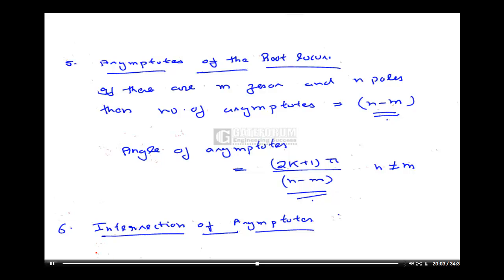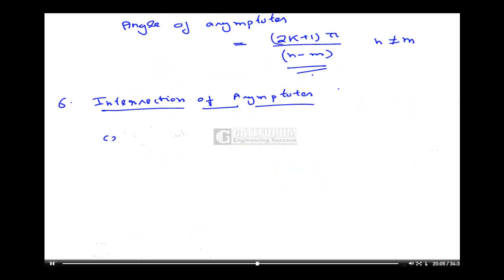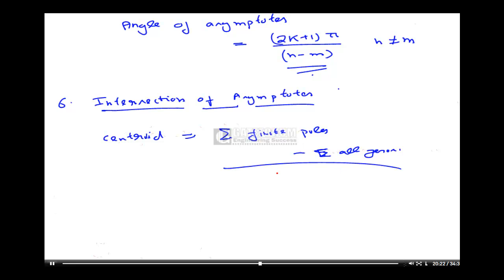Okay. The intersection point, which is called the centroid, can be found by the summation of all the finite poles minus the summation of all zeros,